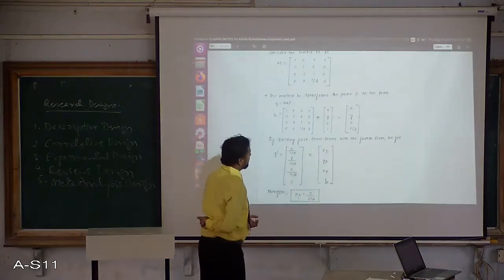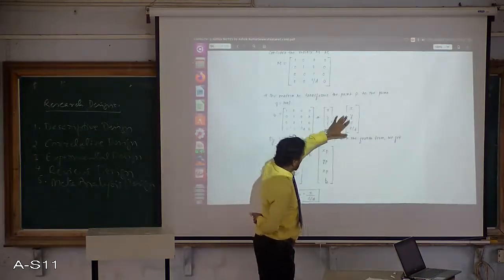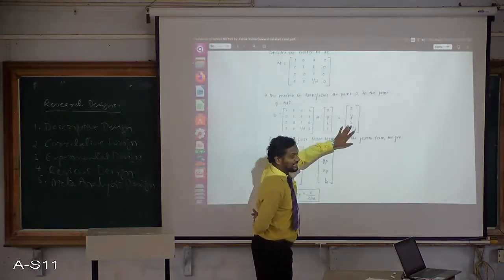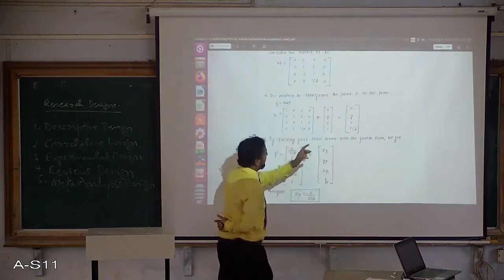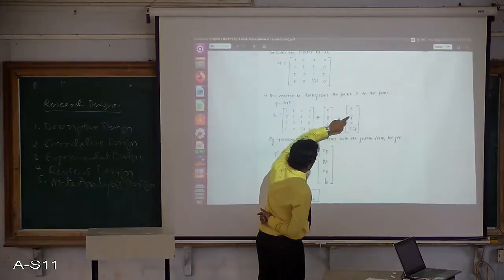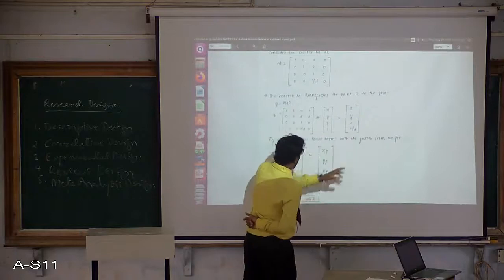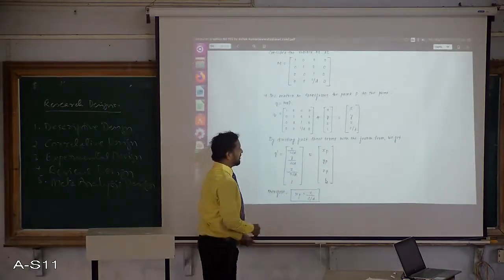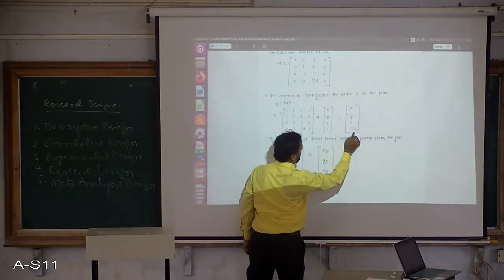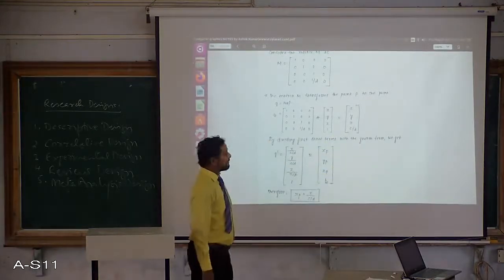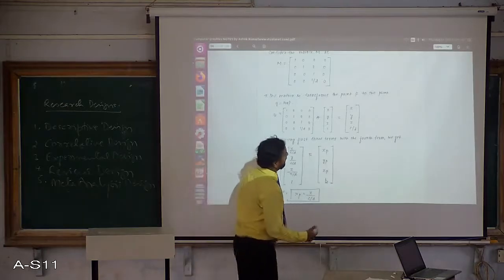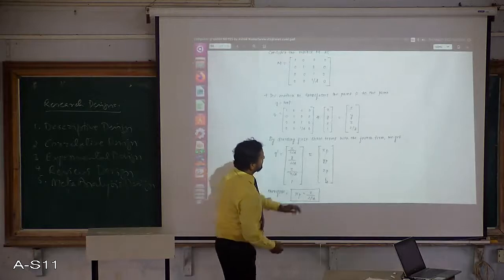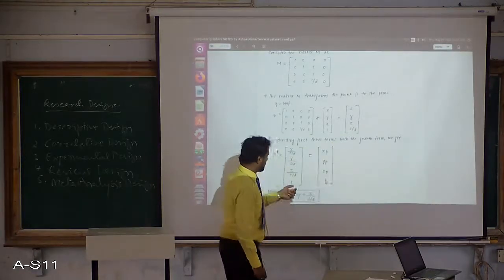Okay, now dividing the first three terms by the last term, that is z by d, what I get is x divided by z by d, y divided by z by d, and z divided by z by d. So this is the Q dash that I get. I divide these three terms by the last term: x by z by d, y divided by z by d, and z divided by z by d, and z by d divided by z by d is 1.